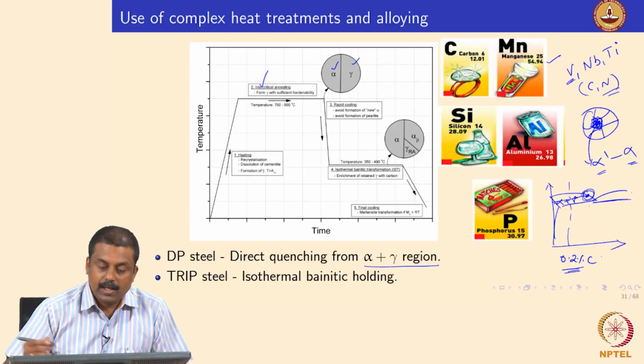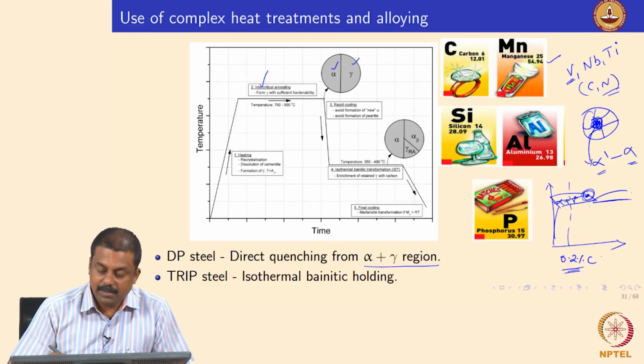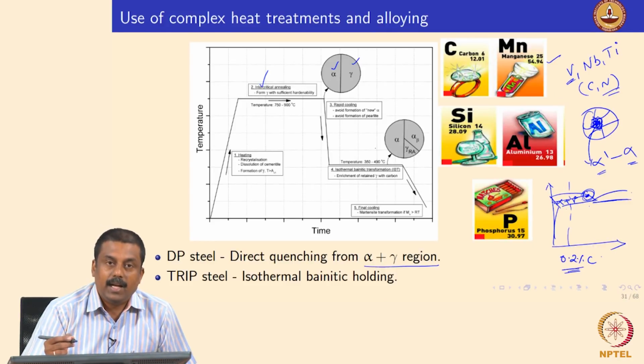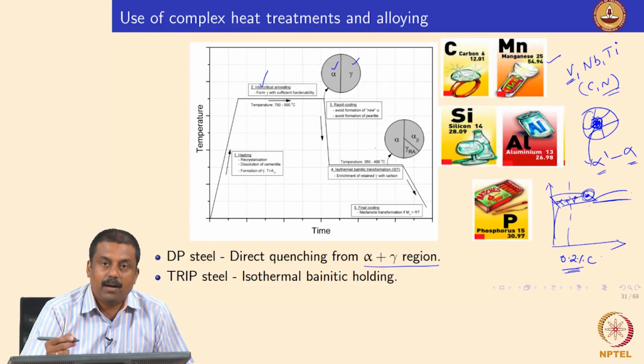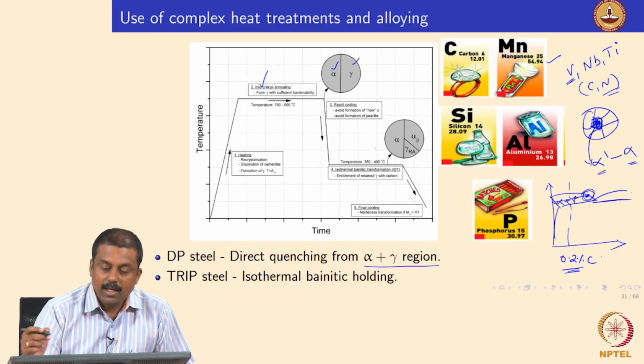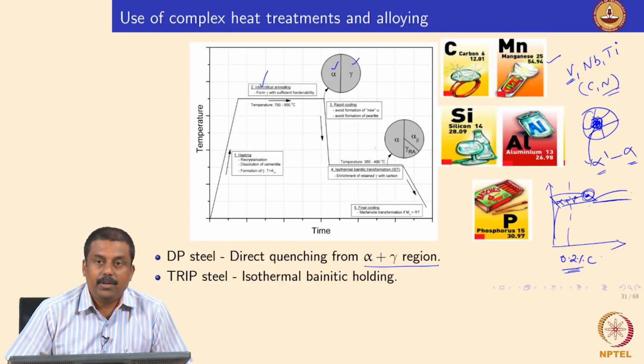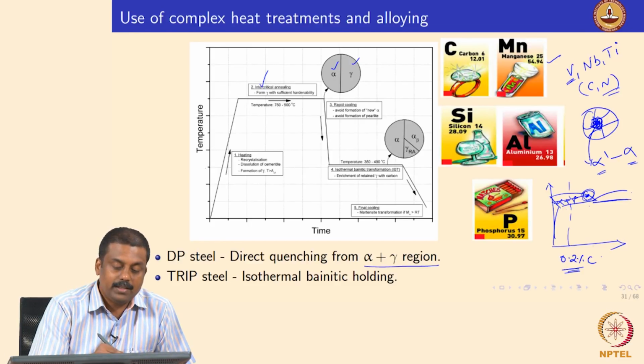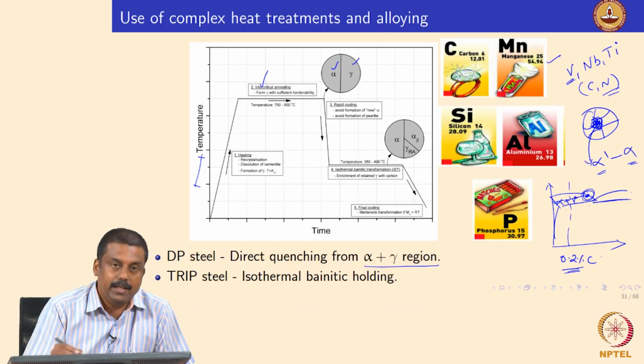Apart from the dual phase microstructure, this graph can also be used to explain the microstructure formation of TRIP steel. The difference between the dual phase treatment and the TRIP steel heat treatment is that we have one extra step, what you see over here, around temperature regions of say 350 to 500 degrees centigrade. In this case we have an additional holding in this temperature range.